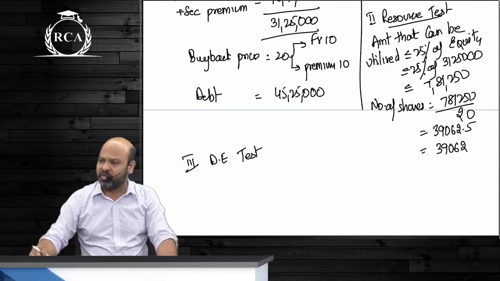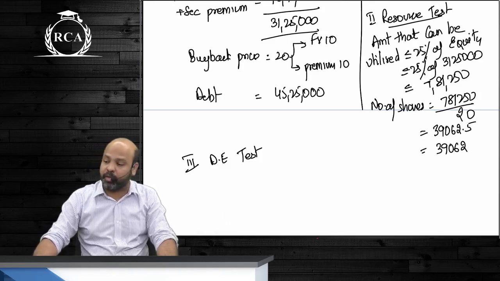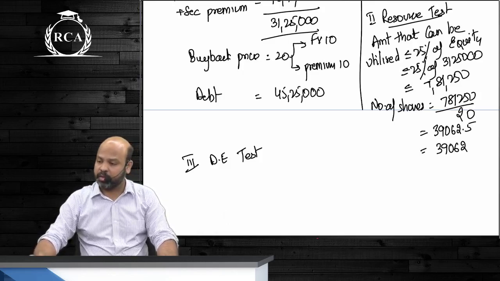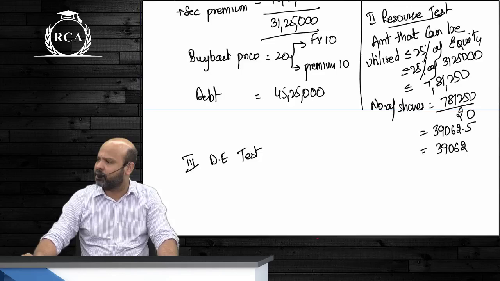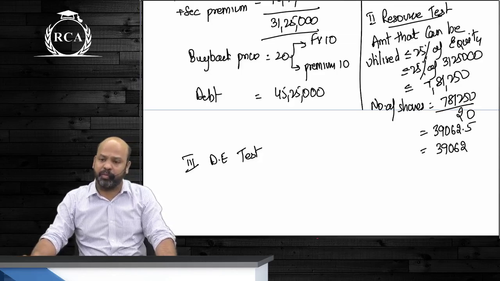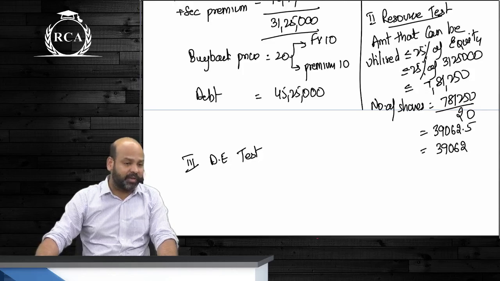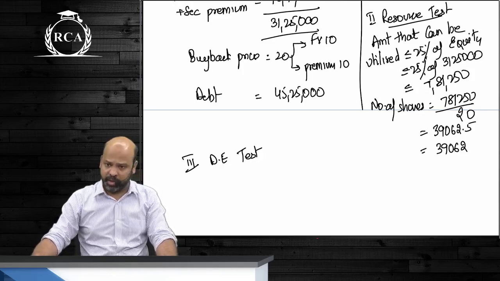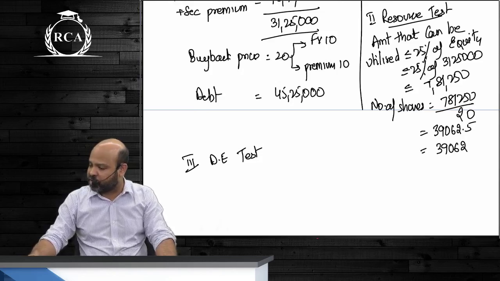Use the debt equity ratio test and arrive at the minimum equity that is required post buyback. Use the debt equity ratio test. I'm waiting for a minute. Arrive at the amount of minimum equity that you need to maintain post buyback. Once you get that minimum equity that we need to maintain post buyback, compare that with existing equity, and you will know the maximum possible reduction in equity. But that amount you're going to divide by both buyback price plus face value. Buyback price will be the actual reduction in equity, guys. Face value, because you will transfer to CRR.